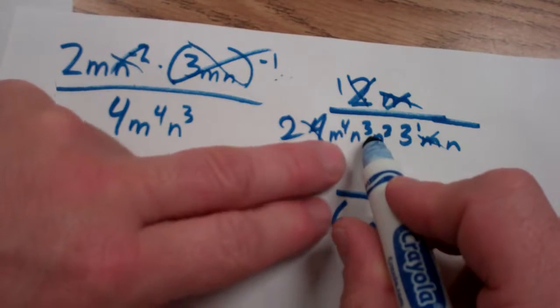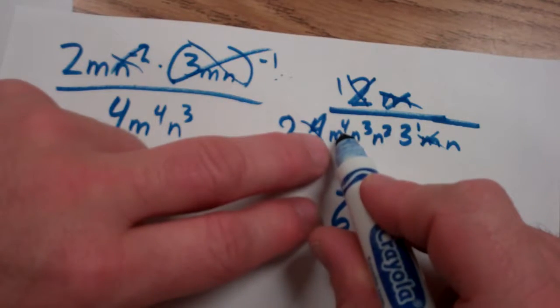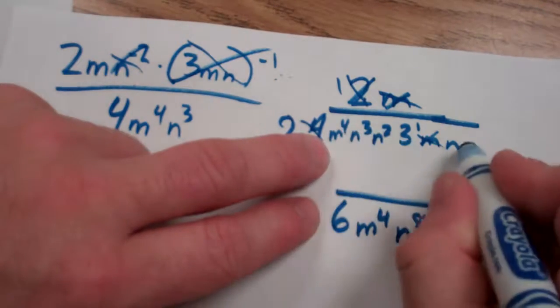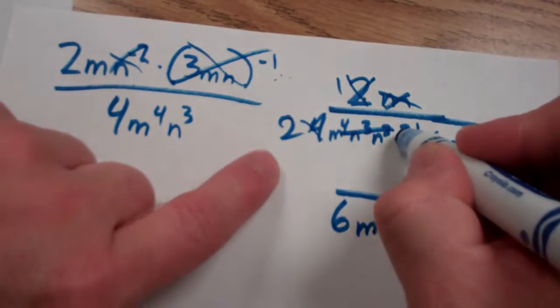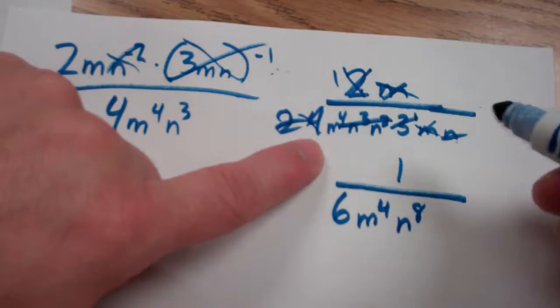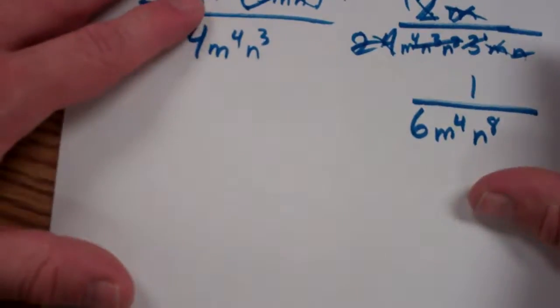I have n to the 3rd, n to the 2nd, n. So I would add those. That'd be 7 n to the 8th. 7 plus 1 is 8. Took care of those. I took care of my 2 and my 3. I don't have anything left on the top, but I still have to put a 1 to leave this on the denominator, and we are simplified. Second one,